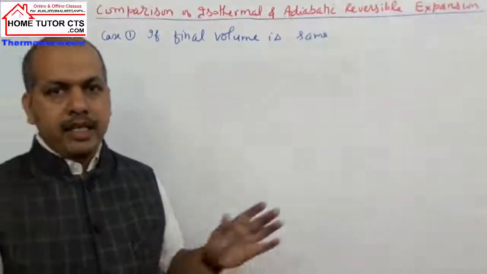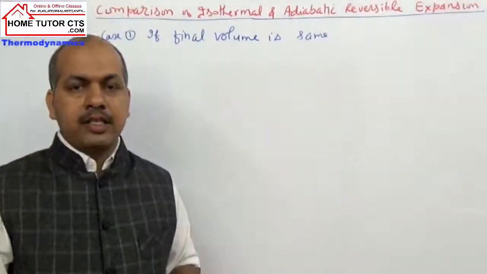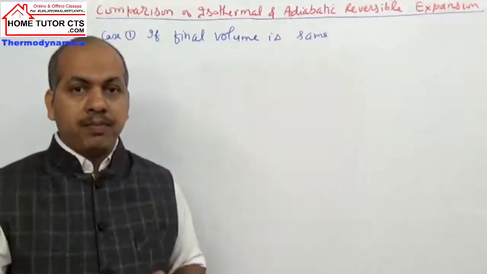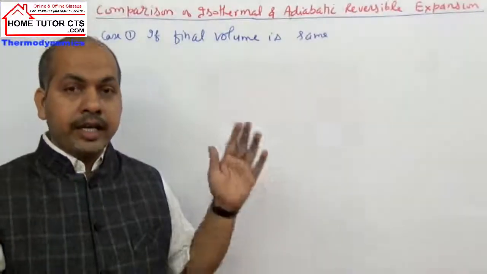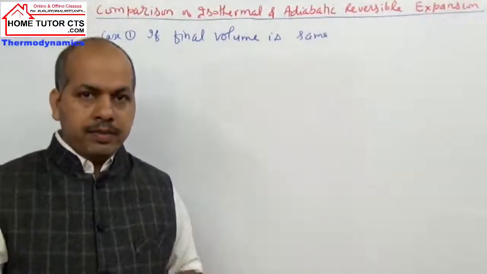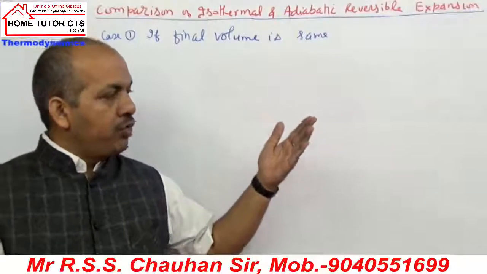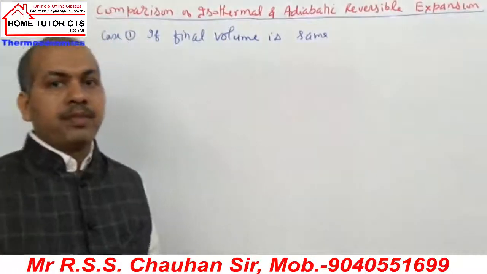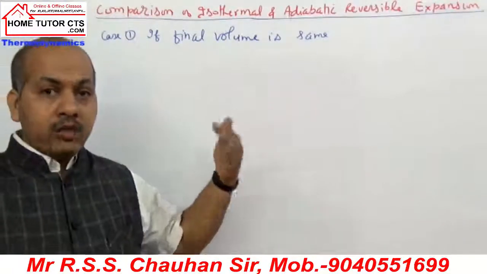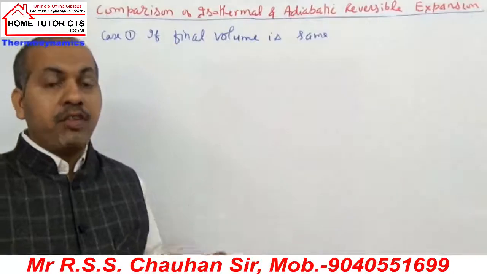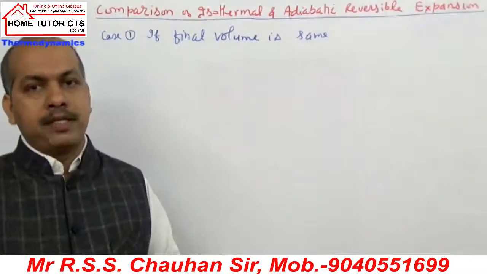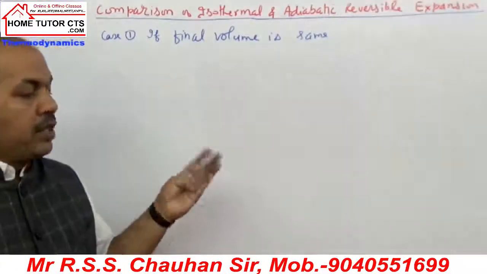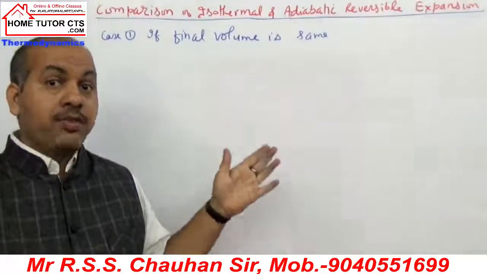We have already discussed earlier different cases of expansion or compression of gases, that in the pressure volume graph the area under the graph gives the work done. So we have already taken that comparison of work done. When we take reversible expansion, the work done was maximum, whereas the work done was zero in the case of irreversible free expansion, and the work done was intermediate in the two other cases.